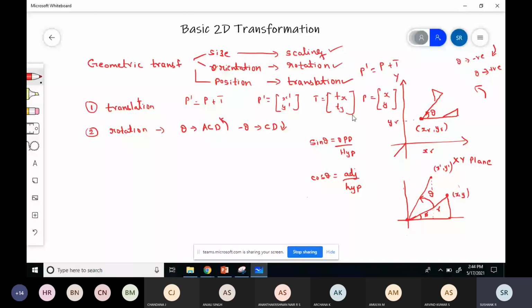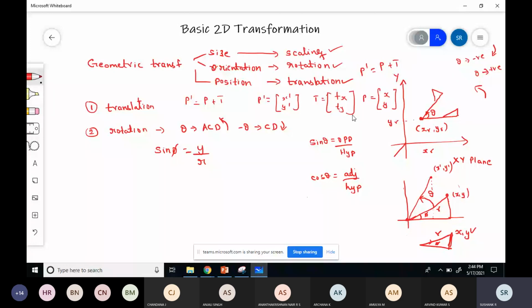So if I write sine phi, see, sine phi means this part, the first part, x comma y with angle phi. So sine phi is equal to, what is my opposite? Opposite is given by this line y. Opposite is given by the y coordinate. Sine phi is equal to y by r. Hypotenuse is given by r.